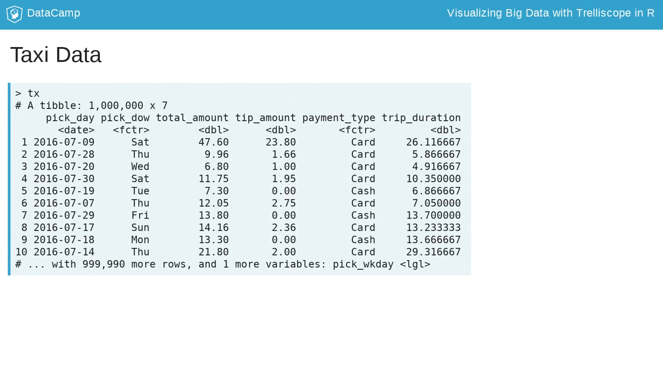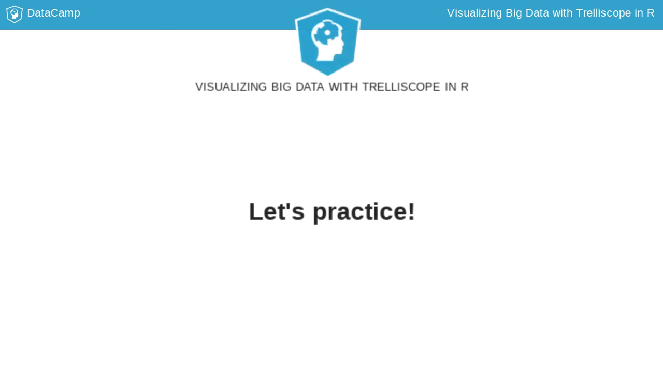The same code used in this chapter can be applied to the full dataset on your own computer. Let's put what we have learned to work by visualizing summaries of these 1 million